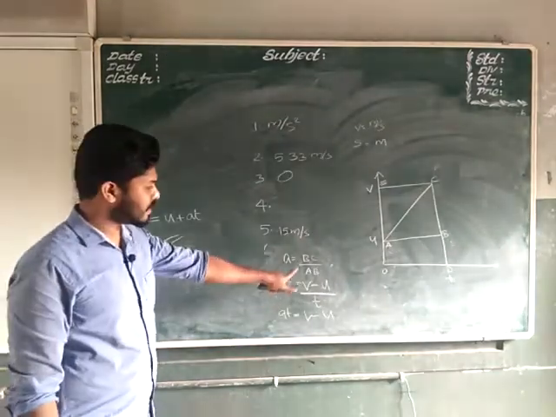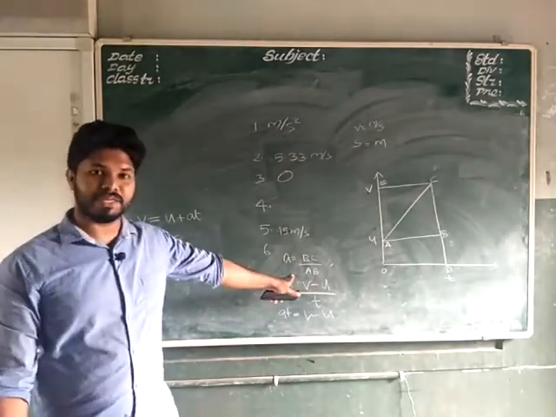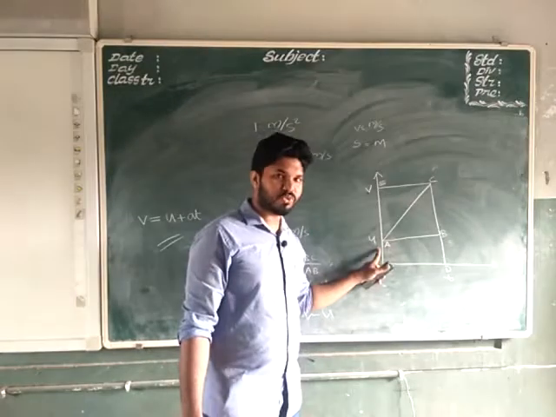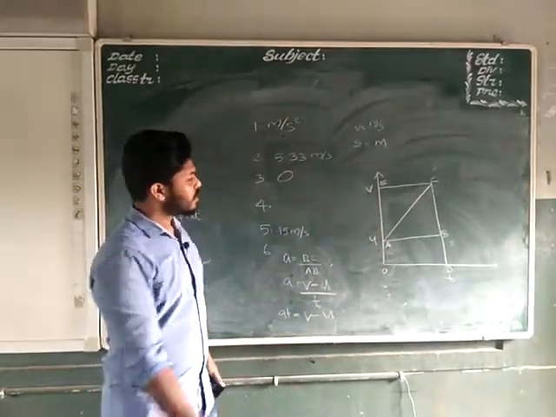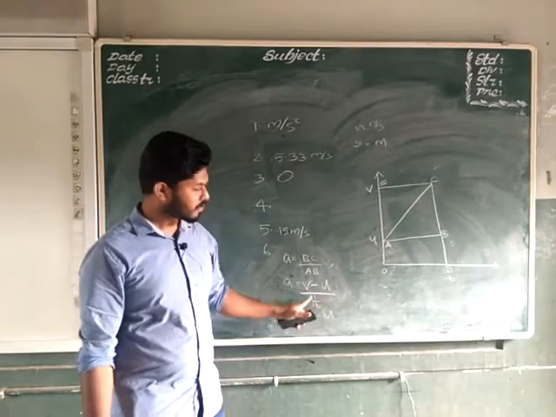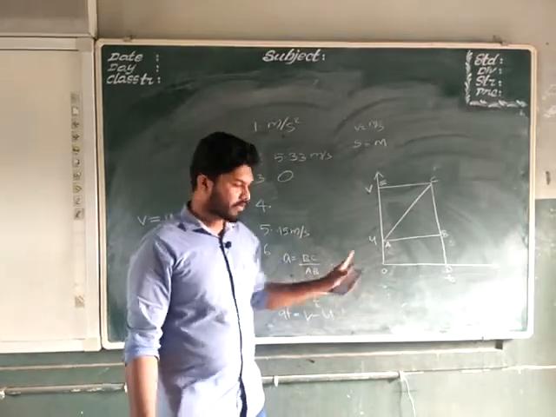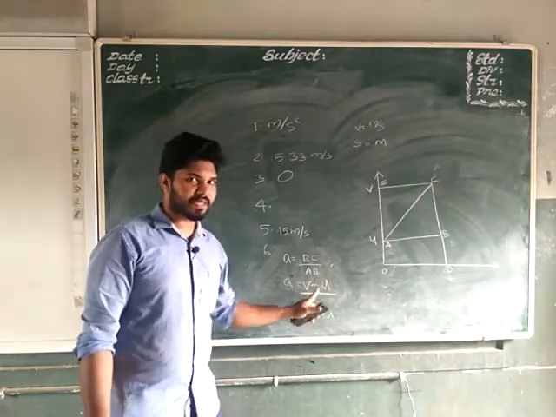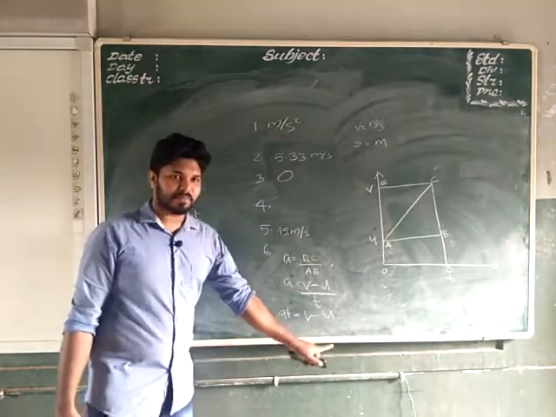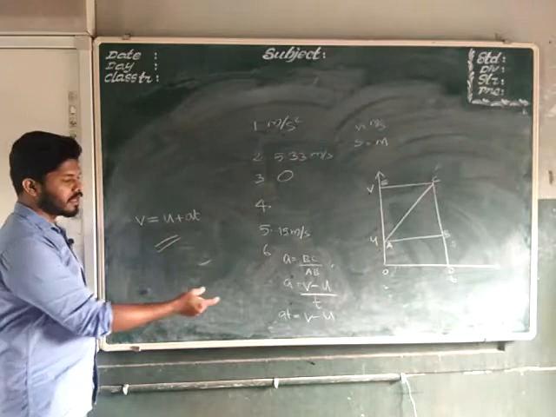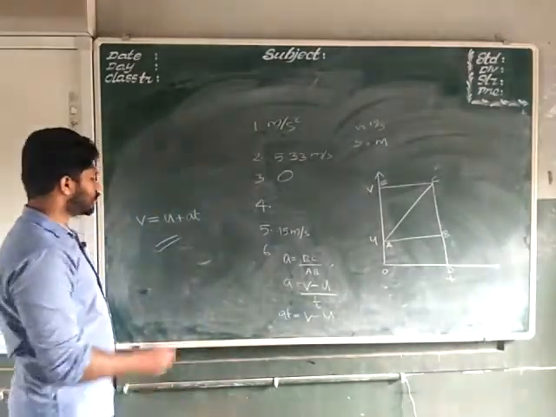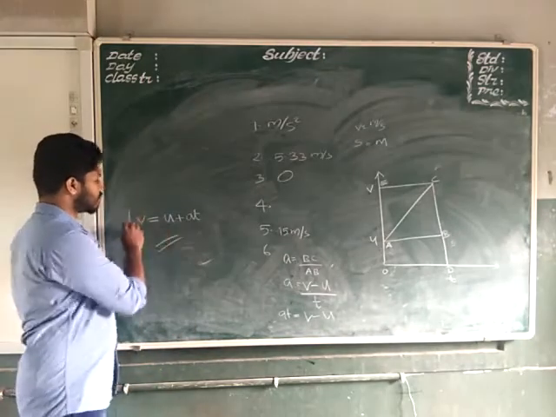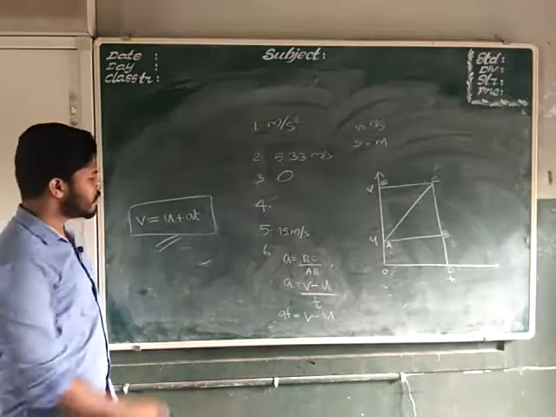I just go very fast through this question because it's already explained many times. That's why I go very fast. Once more, suppose an object is moving with initial velocity u and final velocity v on a straight line, then the acceleration is given by the slope of the graph. You have to draw the graph, and slope of the graph, a is equal to BC by AB, a is equal to v minus u by t, or at is equal to v minus u. Taking u to the other side, you get minus u as plus u, at plus u, so that we can write as u plus at. So this is the required answer, hence the proof.